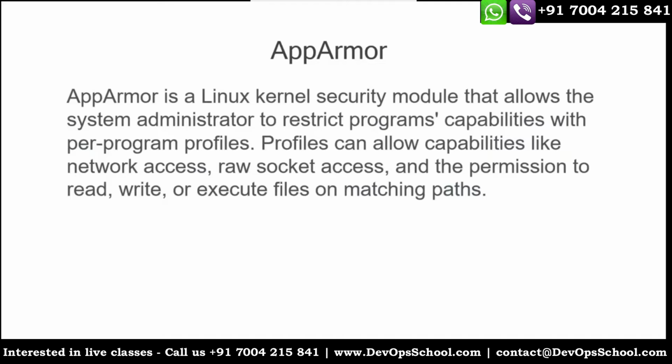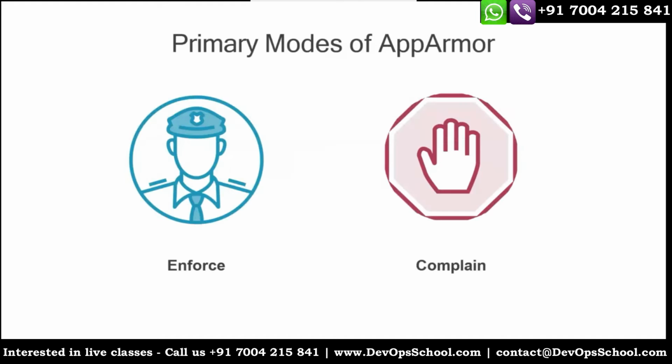So a profile can allow capabilities. This profile has all the access control. A profile can allow capabilities like network access, raw socket access, and the permission to read, write, or execute files on the matching path. So this profile is important. Here in a profile, you can set